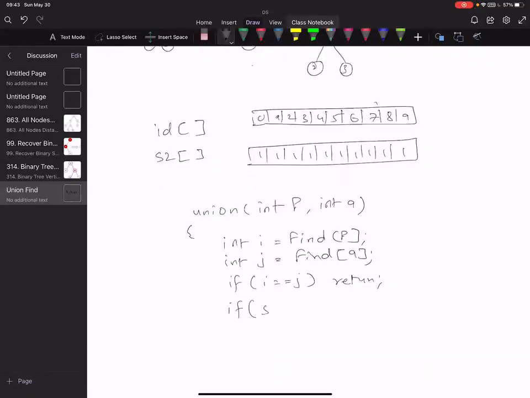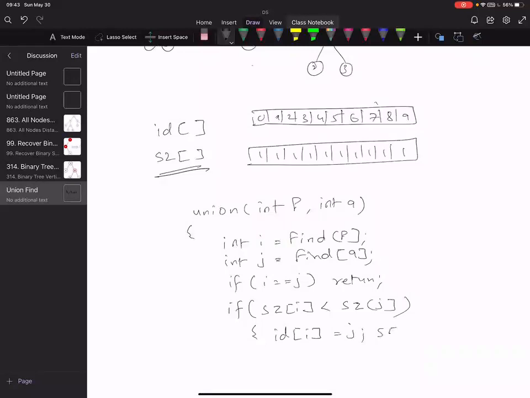If size of i is less than size of j. Okay, size is this array we are maintaining, right? Then what I'm going to do is, since i is smaller, I'm making i a child of j.